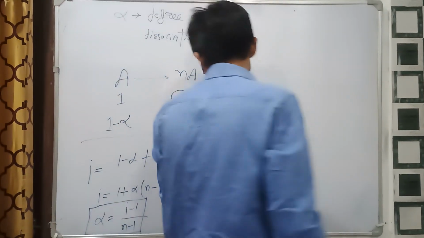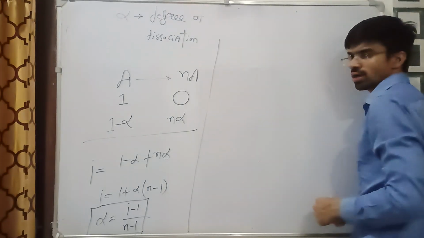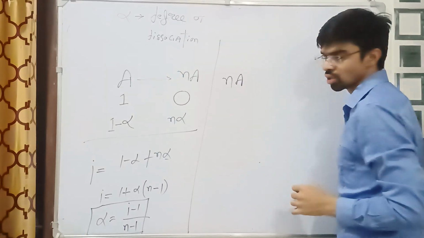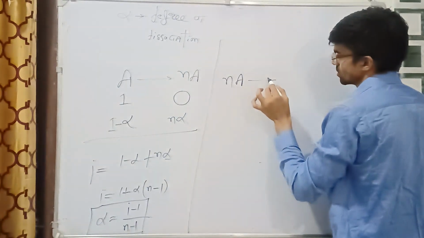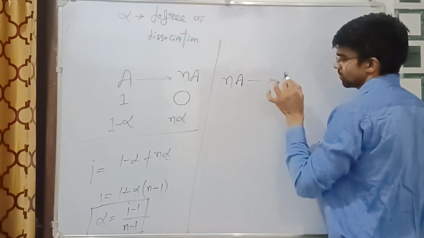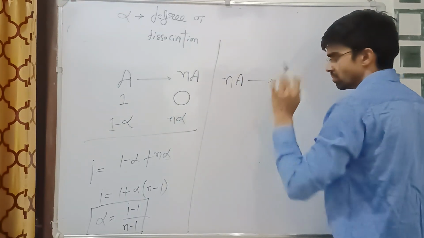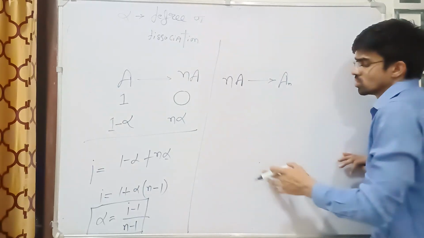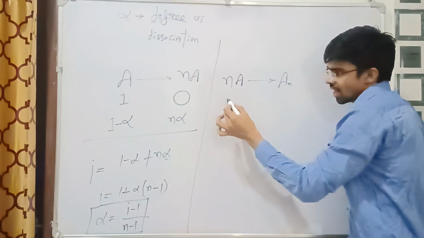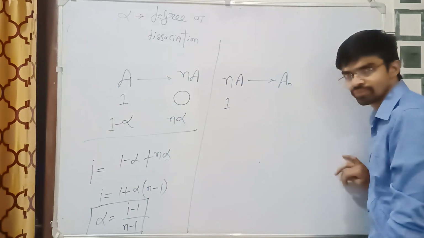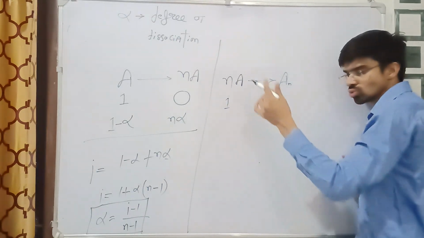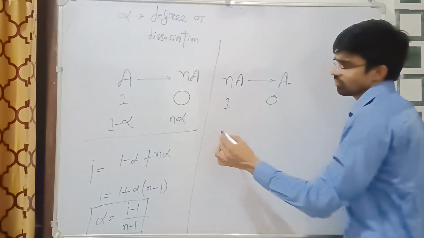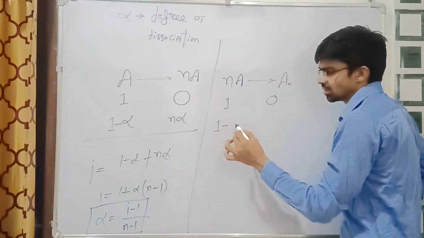So this is the case of dissociation. Let's understand the case of association. If you are having n number of solute particles, after the association it will become one. So that n number of solute particles will get associated. Let us consider, firstly you are having 1 mole of solute particles and before the association you will get 0. After some time, if alpha particles are